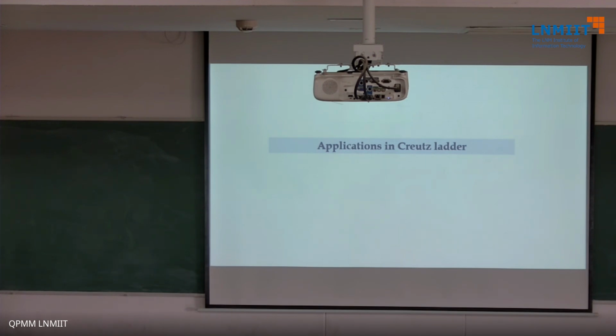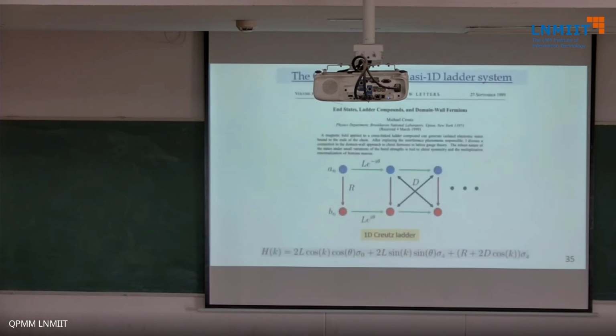I'll just quickly show some of the calculation that we have done for the ladder, and stop there. This ladder is a compound. Why we have chosen this is that it lies between 1D and 2D, so the standard classification should not work. It's a nice system with some horizontal hopping, some vertical hopping and some diagonal hopping.